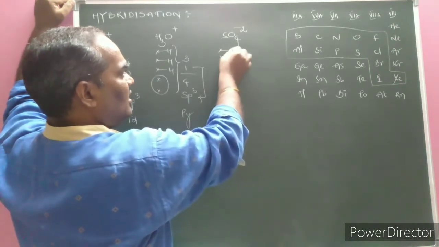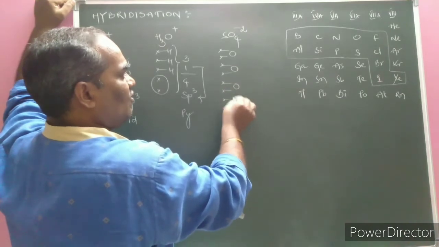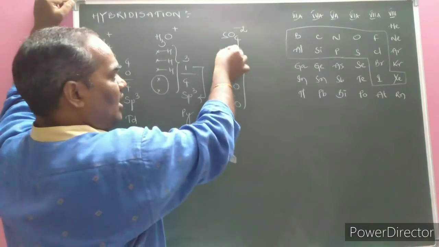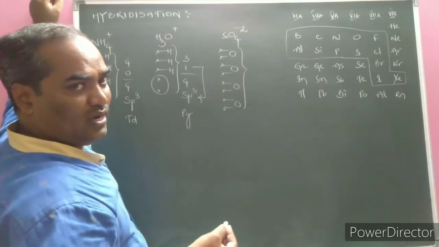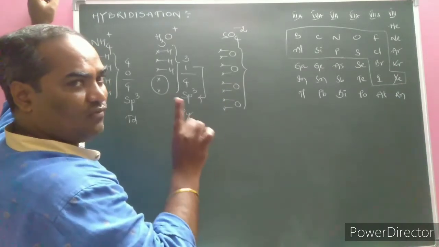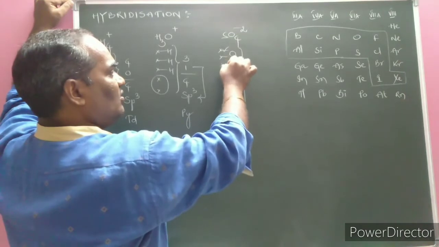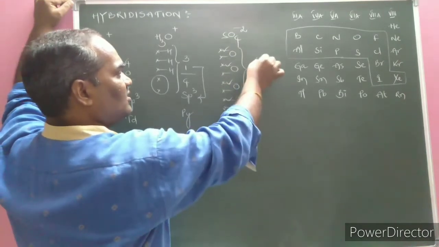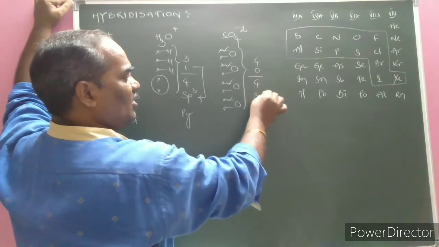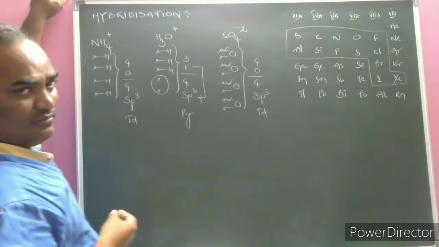Each oxygen atom, as we know well, is divalent. Here the 4 oxygen atoms are sufficient to use the 8 electrons. Now a double bond is there, made by 1 sigma bond and 1 pi bond. To calculate hybridization, our formula is the number of sigma bonds plus the number of lone pairs. 1, 2, 3, 4 sigma bonds are present, and lone pairs are 0. The total becomes 4, sp3 hybridization, no lone pair. What is the shape? Tetrahedron.